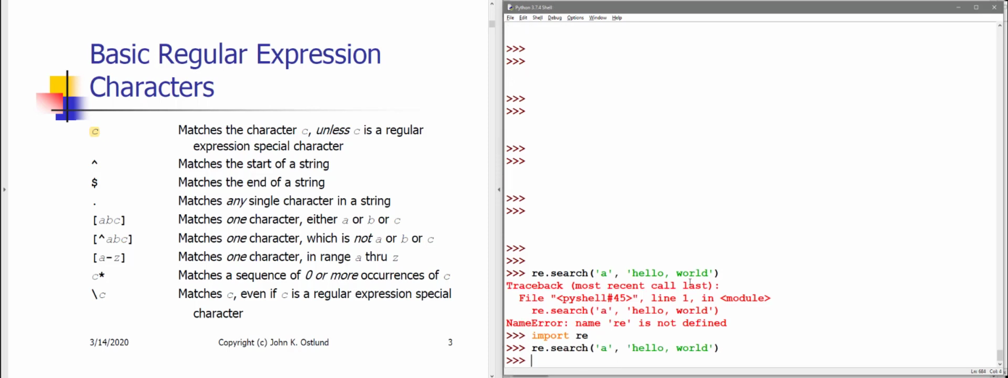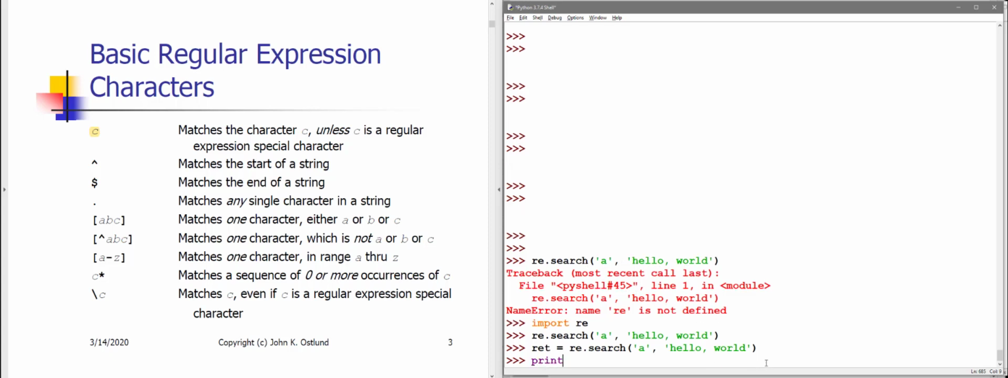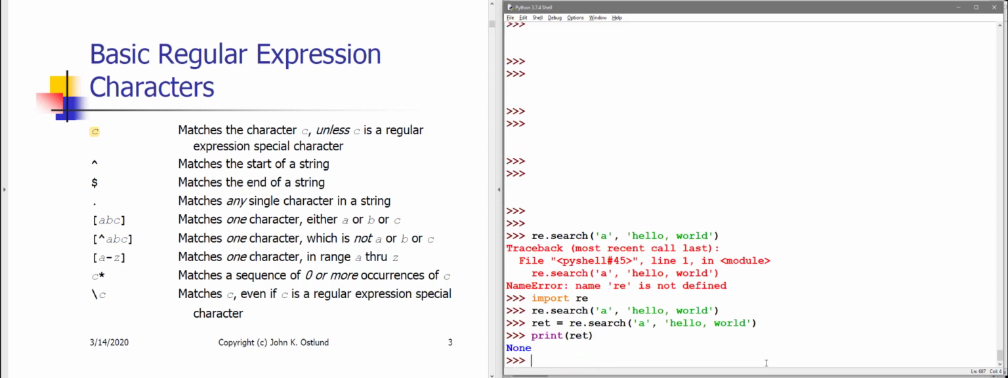I get back none. Now remember that none does not print, so let me set up a return variable to contain that. I'll say ret gets re.search. We're searching for little a in hello world, and if I print ret, we see that it does contain none. Now let's search for a character that does exist. So if I search for little h in hello world,